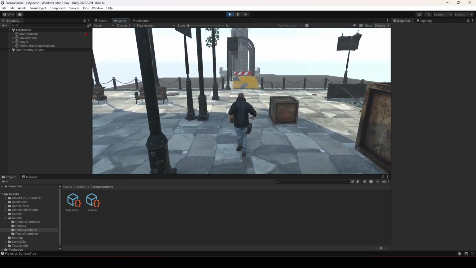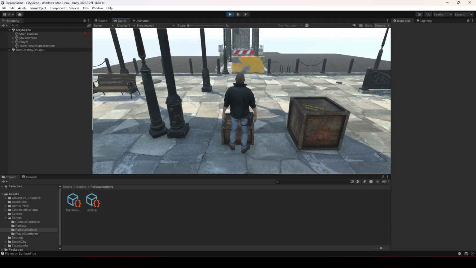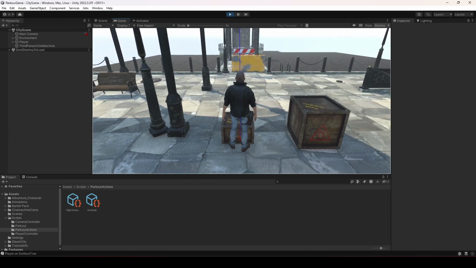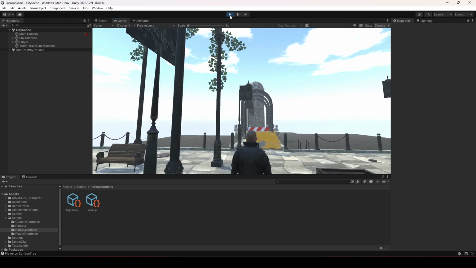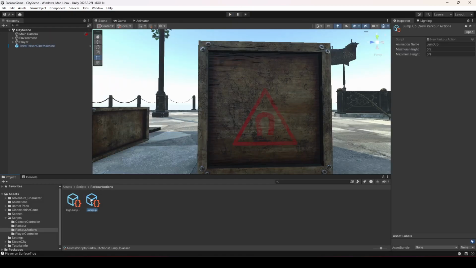But now if we get in front of this and press the button, it is red, but we are not able to perform the parkour action, and this is due to the jump up minimum height and maximum height. So let's make this 0.1 and 0.5,